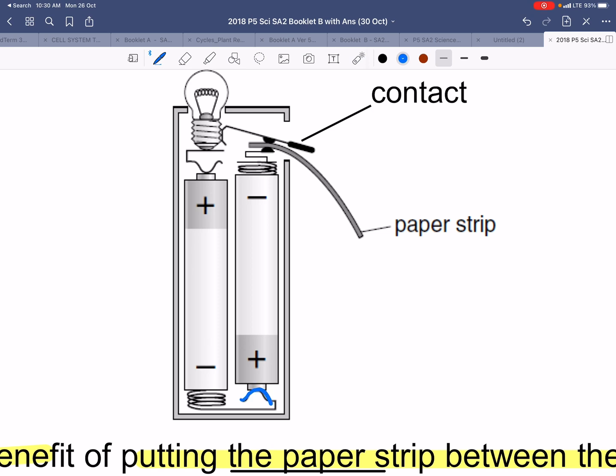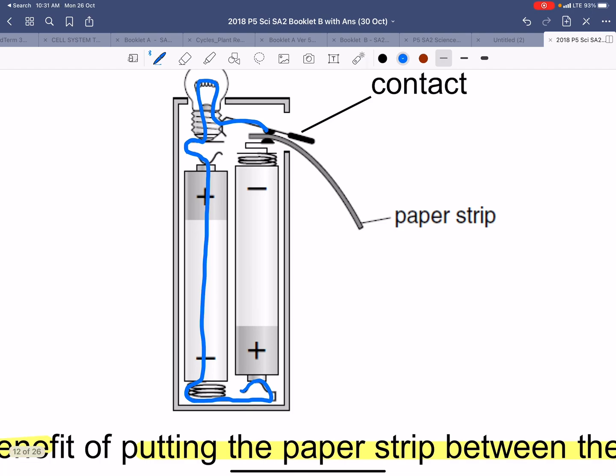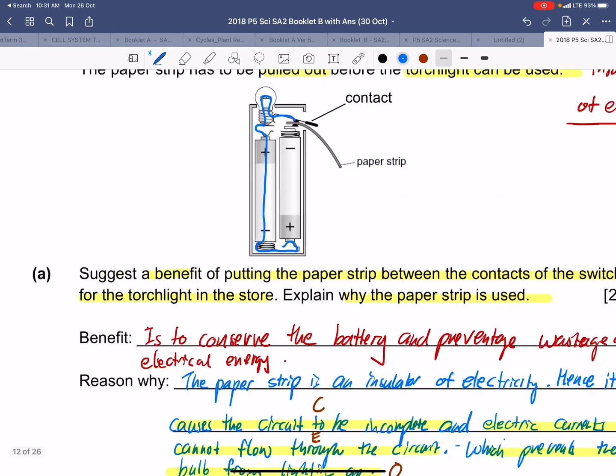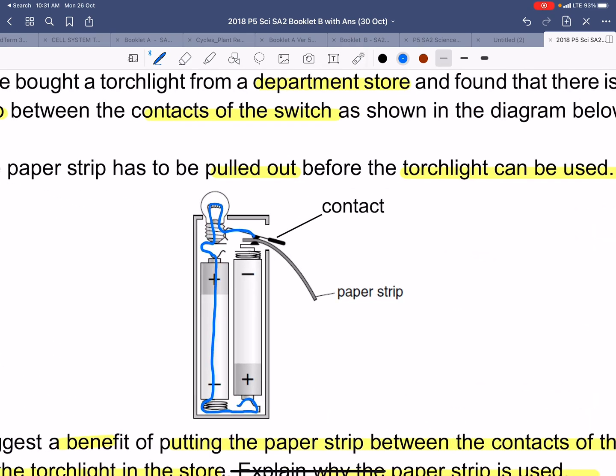So from positive, it goes on to your negative, goes up to your bulb, goes out, goes across your switch, assuming that the paper strip is out, right? The question said without, there you go, okay? So we'll just ignore this, go in